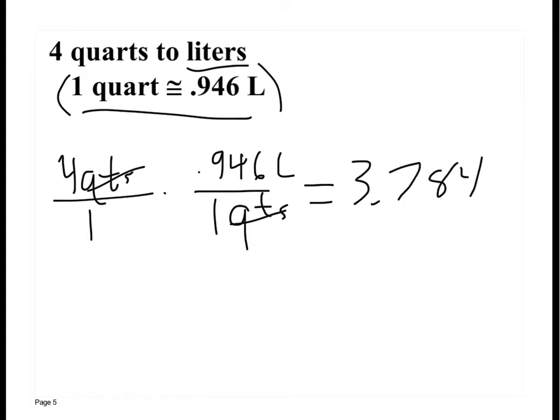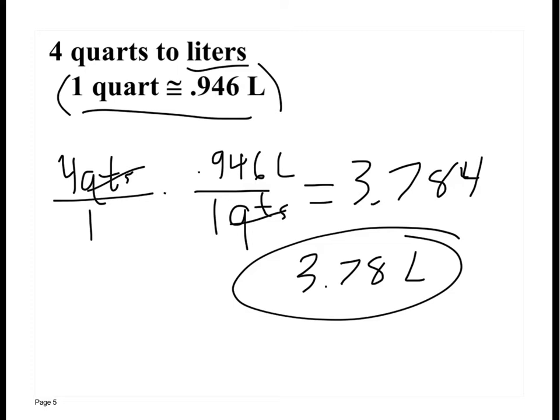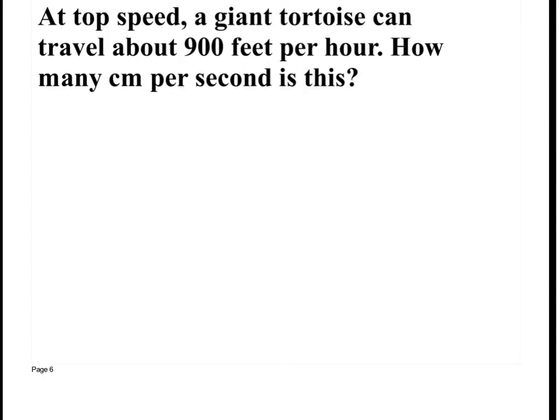Now it says round to the nearest hundredth. So I round. Would I round up or do I keep it where it is? Keep it where it is. Okay. I don't round up with a 4. So 3.78 liters, and that's my answer. It's over 1, so do I need to divide by 1? No. You need to read this and then write down 900 feet per hour and then centimeters per second with